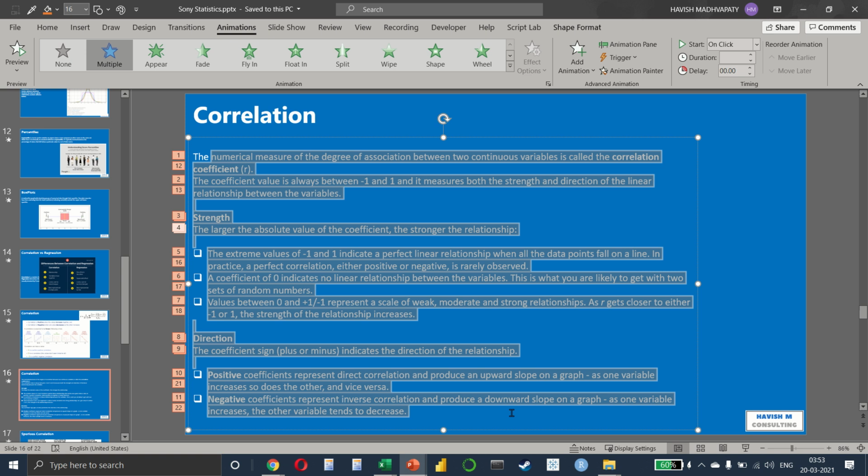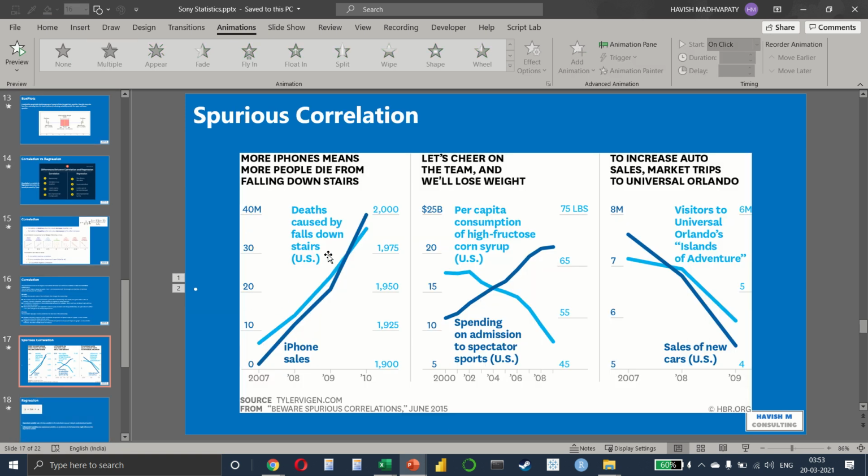I have given all the points in the PowerPoint, so if you want to, you can have a look at that. And just the one other thing before we come to regression, there is also something that we refer to as spurious correlation, which means that data might seem to be correlated to each other, but it is actually not correlated. For example,